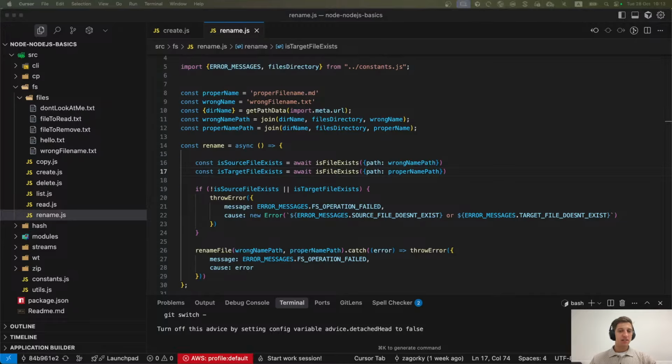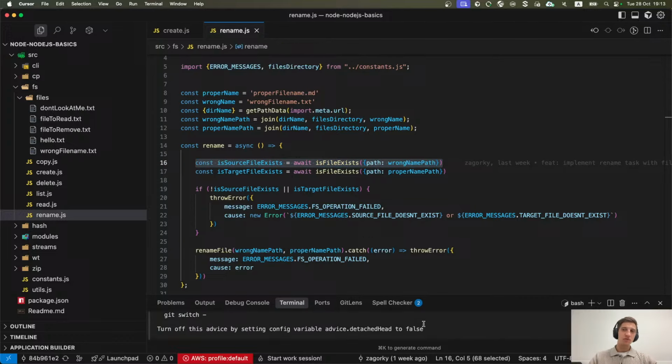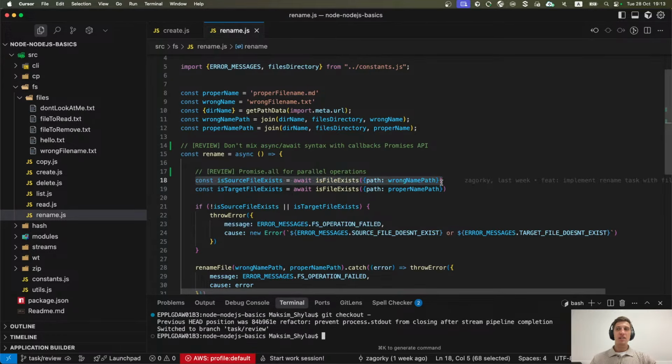Delay in milliseconds is also kind of a correct answer, but the main point was that these two operations are independent of each other. The presence of the source doesn't depend on the presence of the destination.